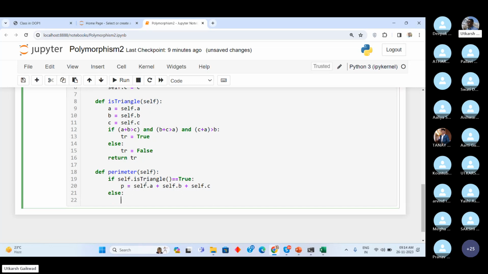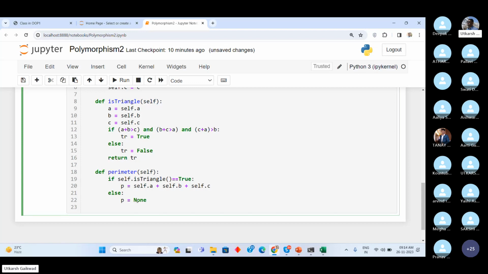And here else, I want to return nothing, so I will write None. None means return nothing. Make sure N is capital, it is a keyword. So it will return no value. And here I will print the sides. If this condition is not satisfied, if self.is_triangle is equal to False, then it means the triangle is not forming. So the sides,